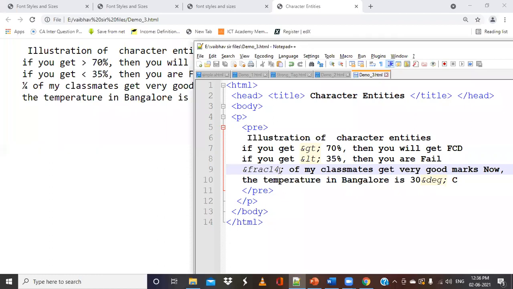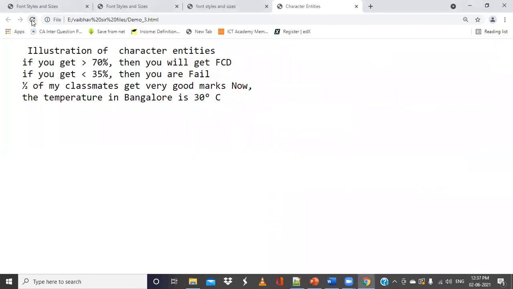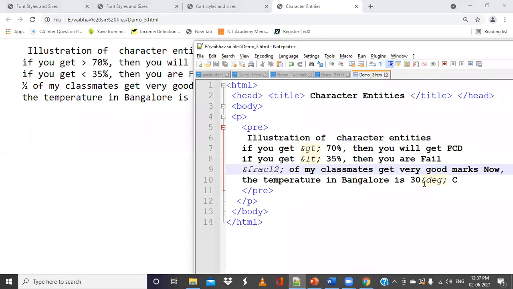Here I have frac14 semicolon, so this will be replaced with 1/4. Similar to that, if I want to make it 1/2, half, what can be the changes? Frac 1 2. So this will make it half. Here, similarly, I have something like 30 degrees Celsius. For that I have used ampersand deg.